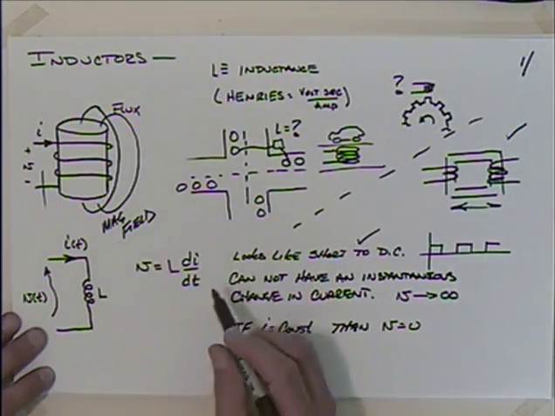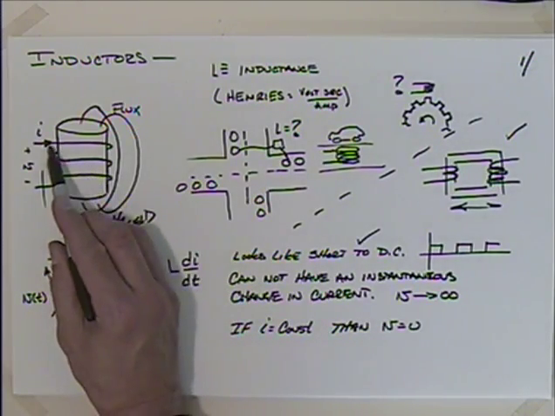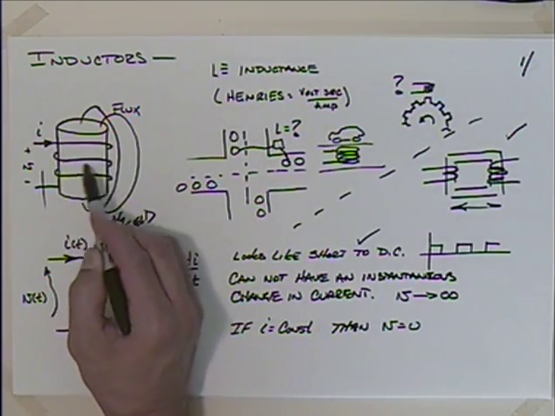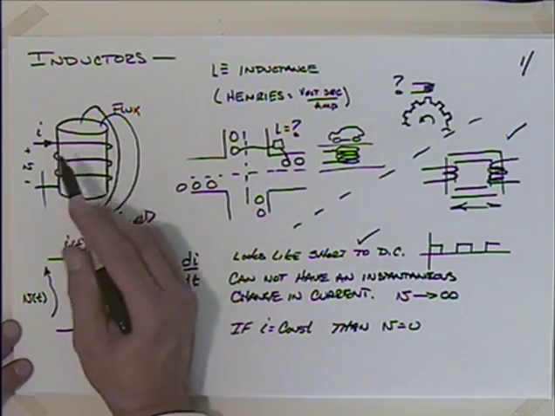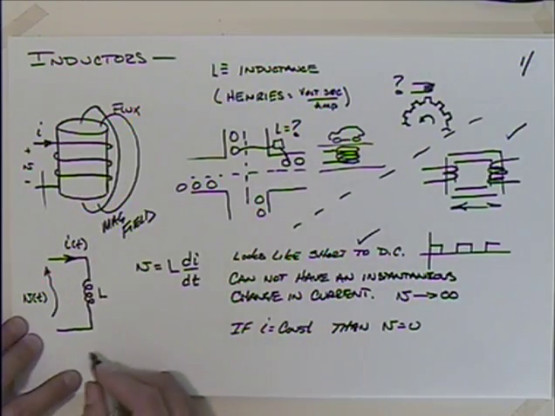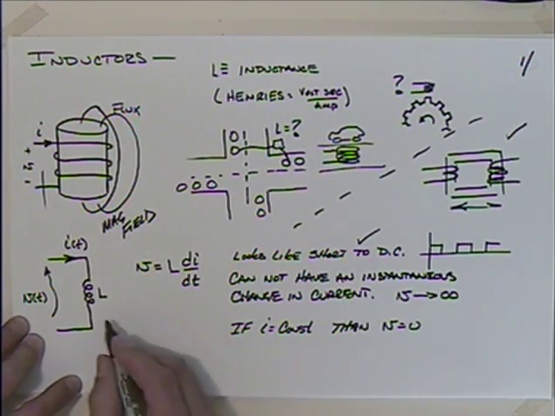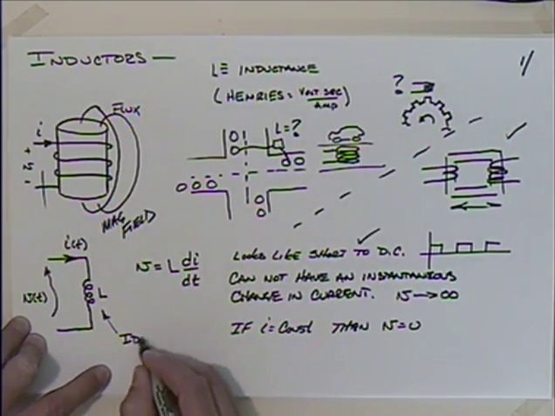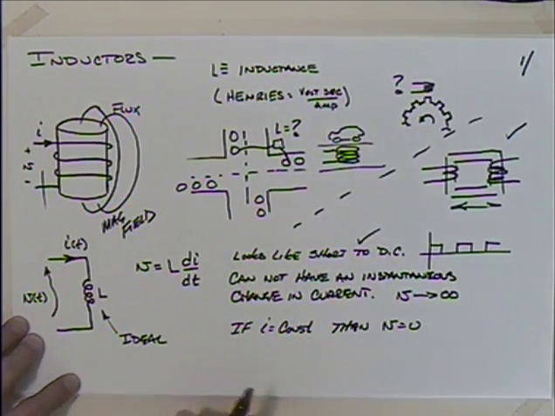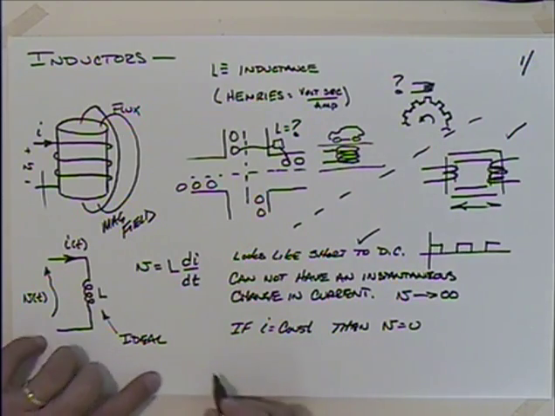But that brings us into a good subject, because as we are wrapping this wire around this core, we're making inductance, but we're also making resistance. You can just wrap up wire and you'll make resistance. The longer the wire, the more resistance that you're going to have. So while we might say that this is an ideal inductor, if we look at a